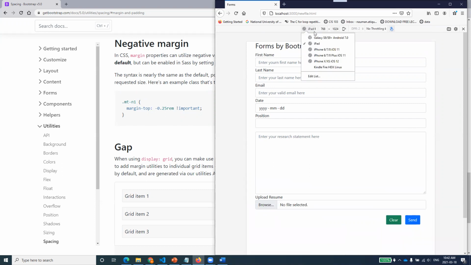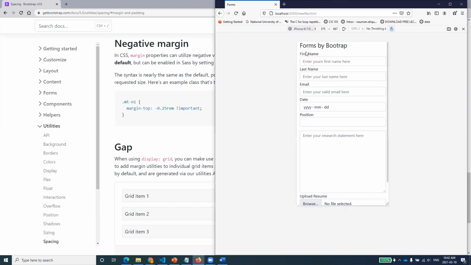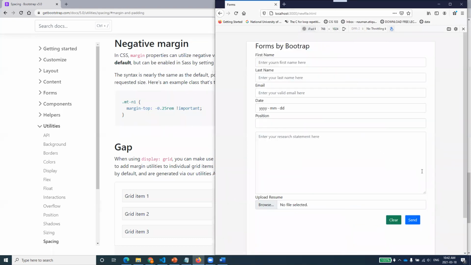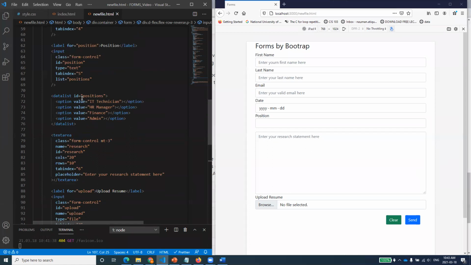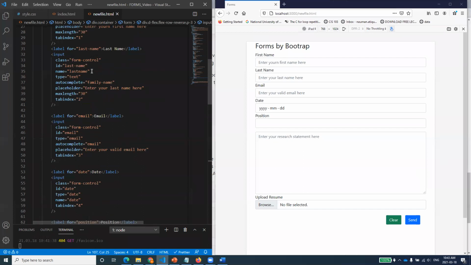What I can do over here is change to different view areas. If you were looking at it on my mobile device, you would see something like that. If you are working on iPhone, it is setting down. Why? I'll have to check that maybe here. Why it is not showing for the iPhone, anyhow, we'll check that. But you see here that it is providing us that same form. You remember this form, we have only worked on a few things. We have implemented merely a few classes, and now it is working so well for us.